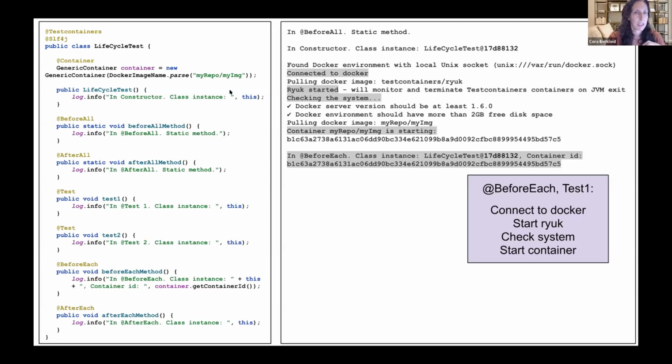So my repo, my image is just up here on the left. This is the one that has been annotated with @Container. So here we've annotated this class with the class annotation to have the extensions for the callbacks. And then we've also said, hey, this container is what we want. The container image is on Docker Hub, in a library called my repo, and it's my image. So it goes ahead and pulls the container that we need to test against,